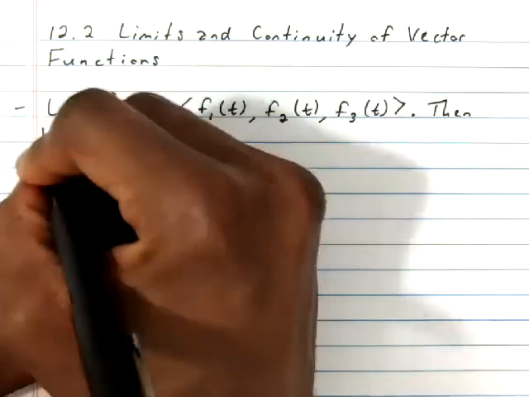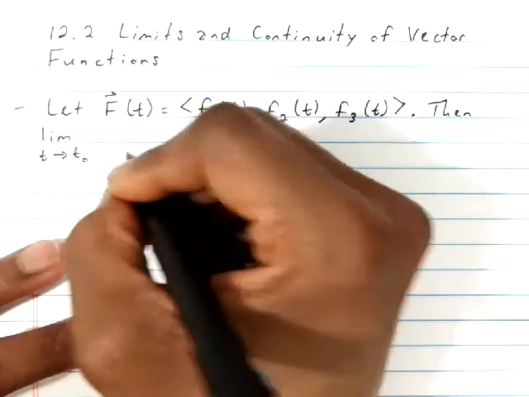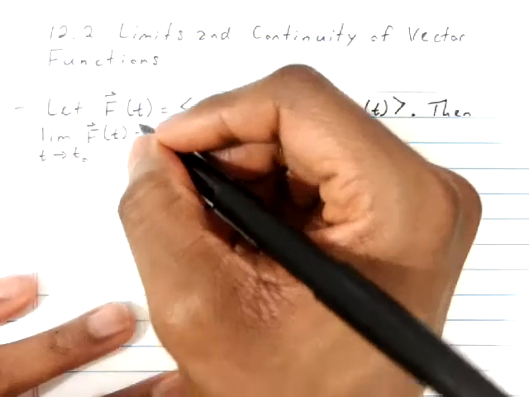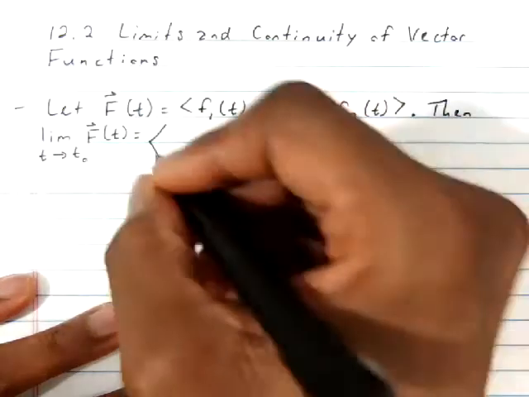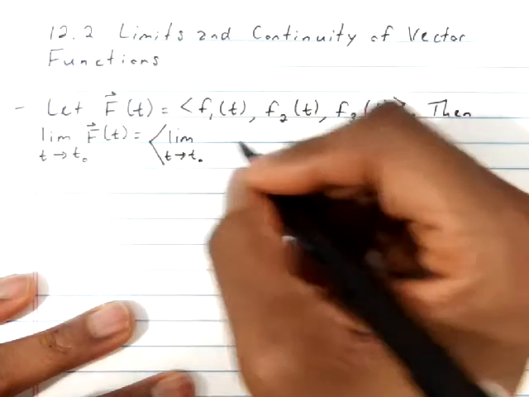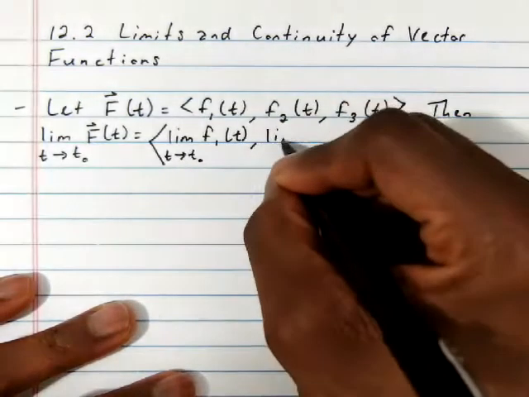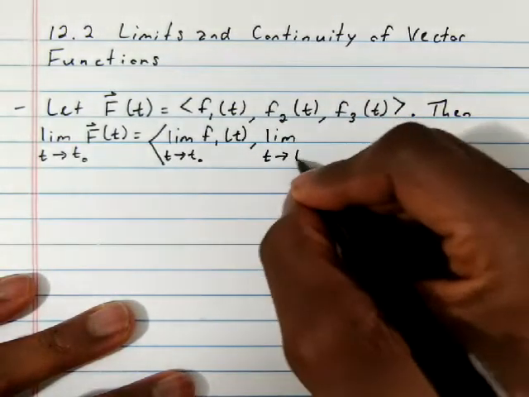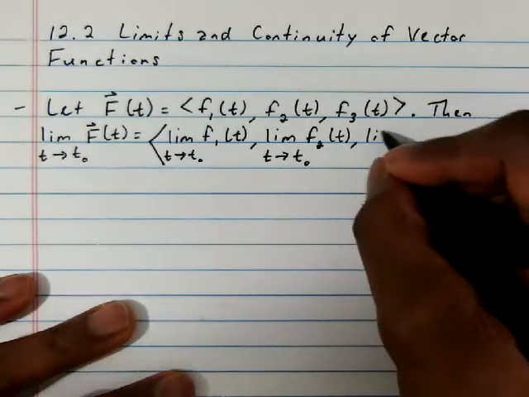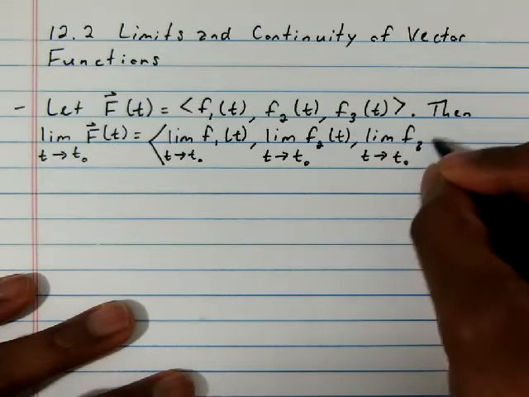Then the limit as t approaches t naught of the vector function f of t is equal to the vector whose components are the limit as t approaches t naught of f1 of t, comma, the limit as t approaches t naught of f2 of t, comma, the limit as t approaches t naught of f3 of t,